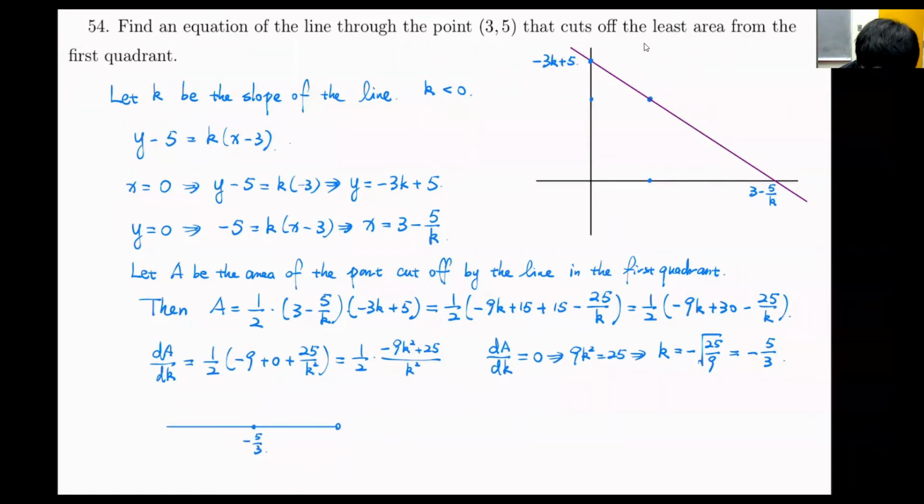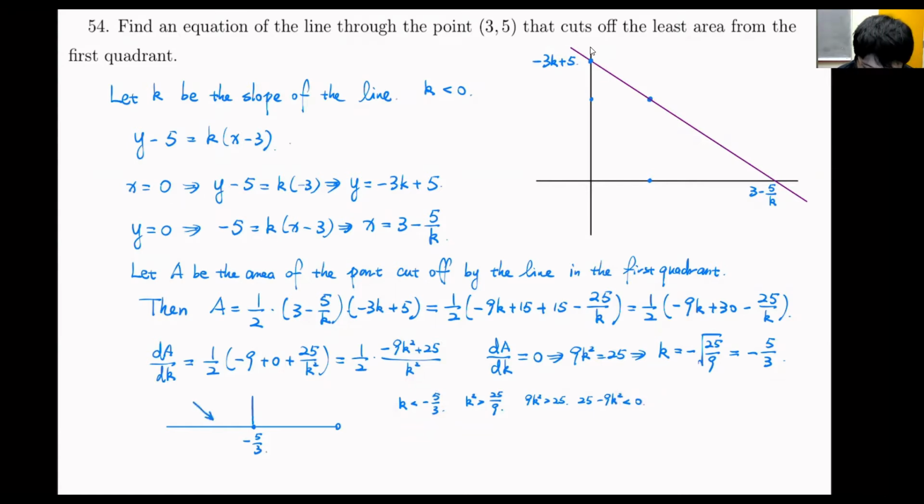Okay, so if k is further smaller than minus 5/3, that means k squared will be larger than 25/9. So that tells me that 9k squared will be larger than 25, and then 25 minus 9k squared will become less than 0. So this says to the left of minus 5/3 the derivative is negative,